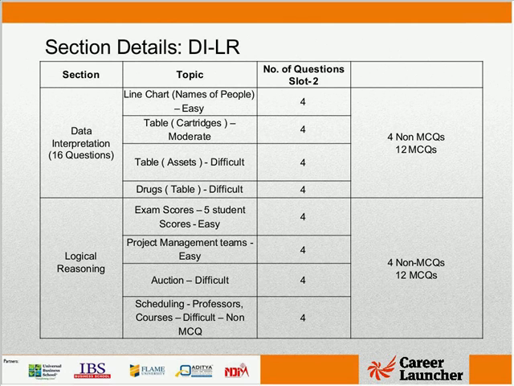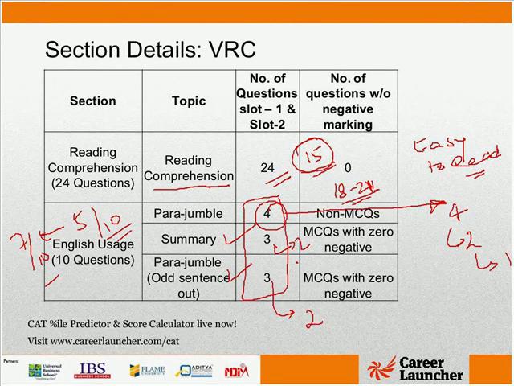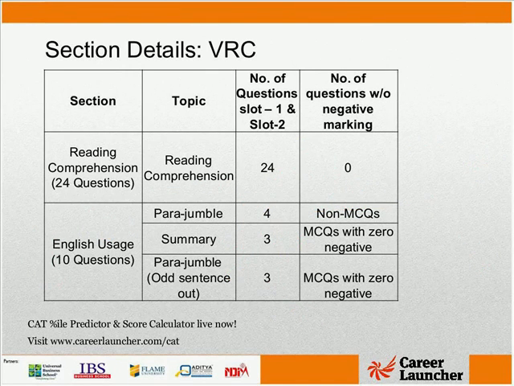Yeah, thanks. Just continuing from what GP sir was saying, let's go into the first section. I probably want to start with the verbal and RC section. I don't know how many of you actually read the instructions that were given. The instructions today in the paper were wrong. It was clearly stated that each of the RC questions will have 4 questions accompanying them, and the LR and DI sets would have 2 to 4 questions accompanying them.